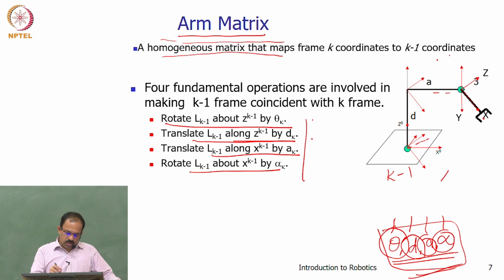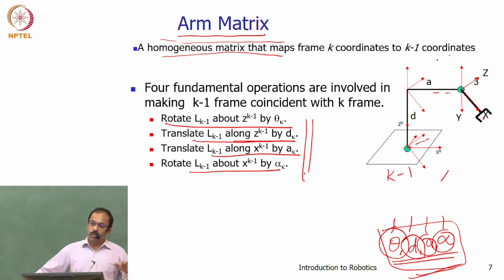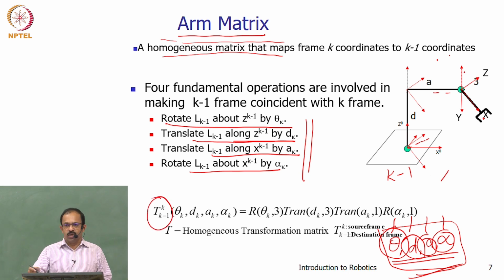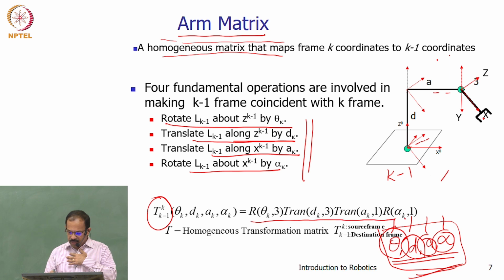All are with respect to its own frame, and therefore to get the full transformation, it's a composite transformation, right? So what we need to do is post-multiplication. You will get this k to k-1 transformation, that is the kth to k-1 transformation, showing how k-1 and k are related, or any point in k can be related to k-1 using this transformation, which is R, T, T and R.